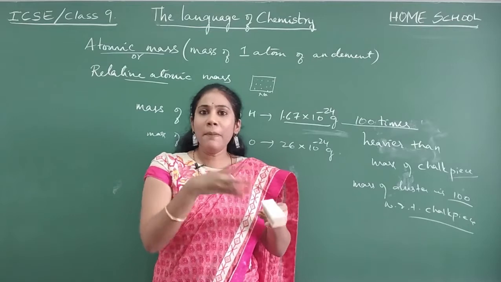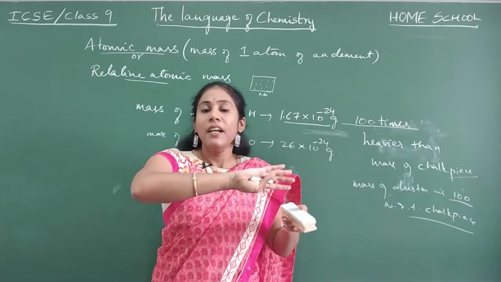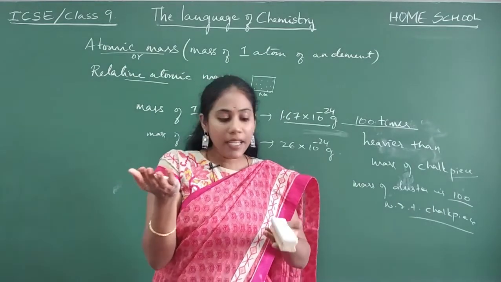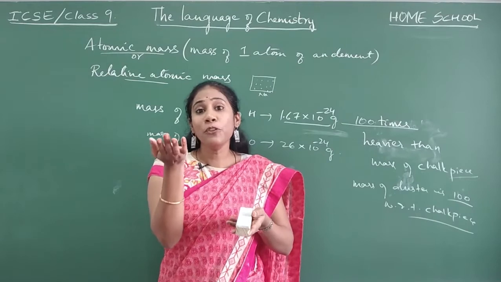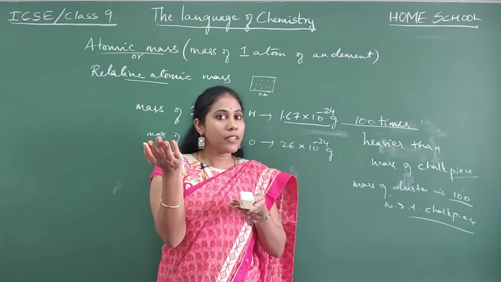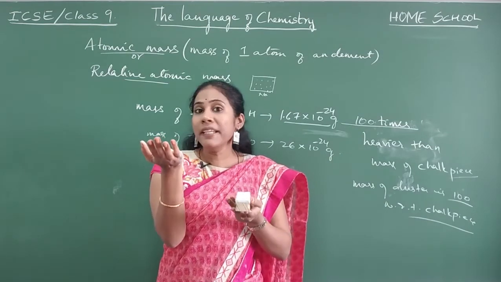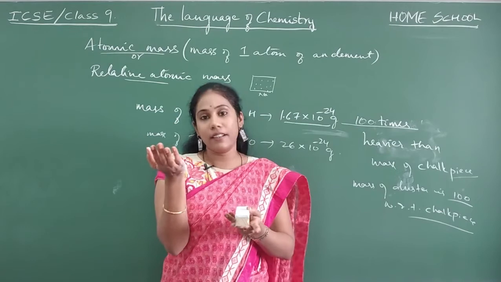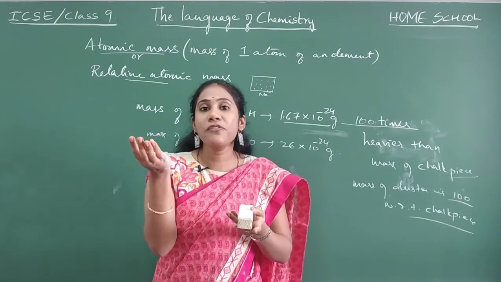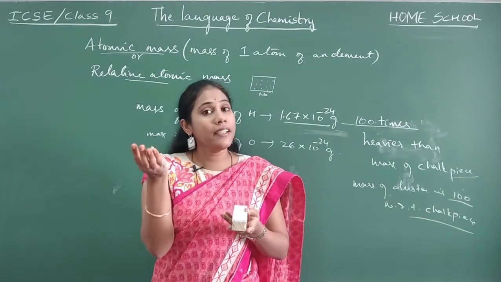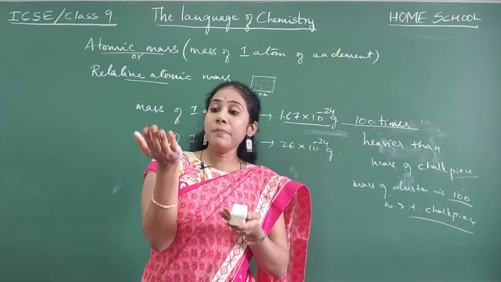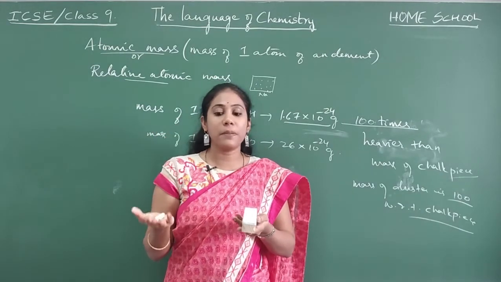Its original mass may be varying. Approximately it may be 2 or 3 grams more than 100 or less than 100. That is secondary. But here, just in relation to the mass of a chalk piece, I am talking about the mass of a duster. Got to know? So here for me the duster's mass is how much, guys? 100. Unit you leave it. About unit we will talk later. How much is the mass of the duster here? What is the digit, guys? 100. Why? Because I am feeling our duster is 100 times heavier than the mass of a chalk piece.